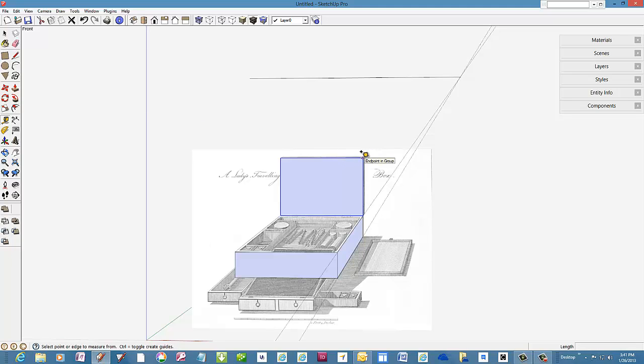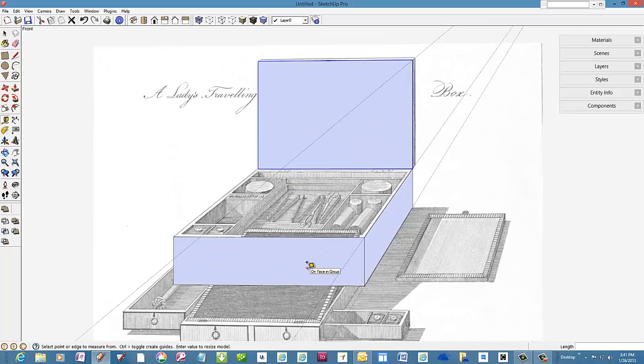Now to project the depth or height of the box top up to the front picture frame, I'll use the tape measure again to create a guideline between the top edge and the vanishing point, and double-click on the front vertical edge and find the intersection of the two upper guidelines. I'll use the line tool to represent the full actual height of the box top, which is also the depth